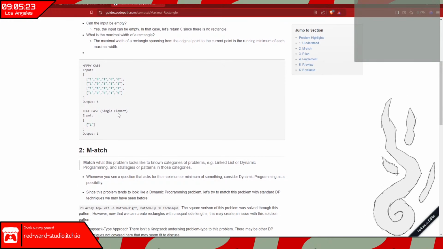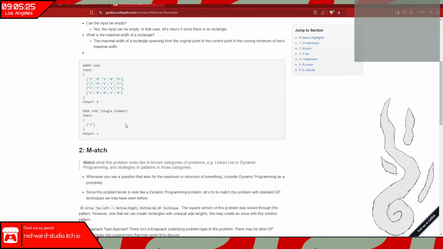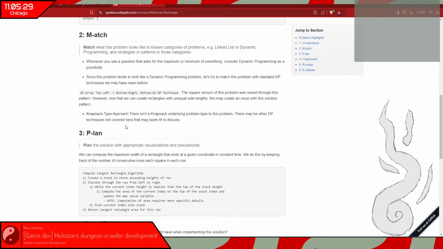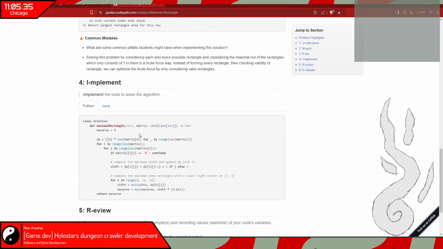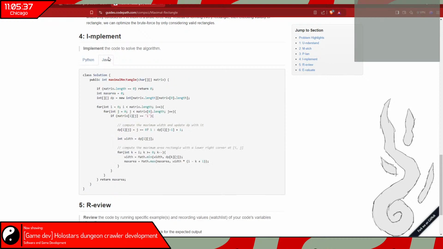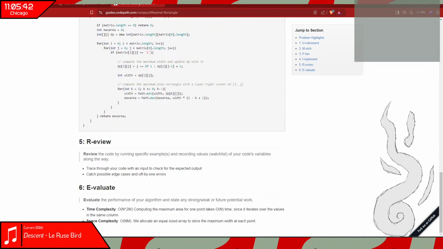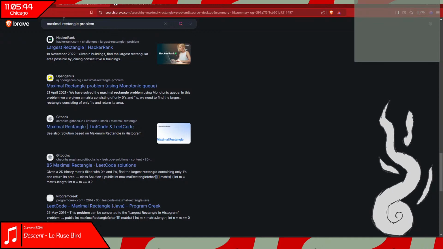Single element, yeah. It's not this one. There was a